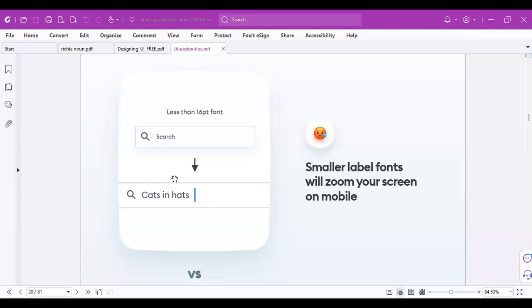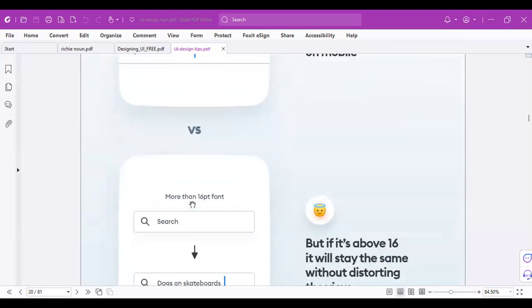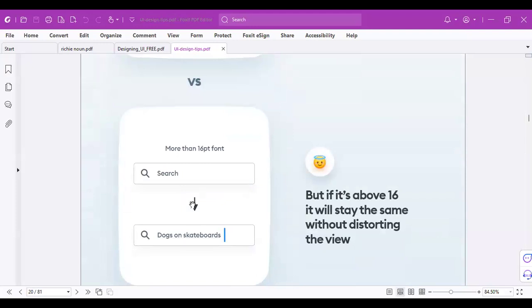Now look at this. What do you think is wrong here? Look at this. The font size used for the search is too small. Yes, because now we have to start zooming to see what we are typing clearly, or to type very well. Meanwhile, that problem could just have been solved by sticking to a much more acceptable font size,